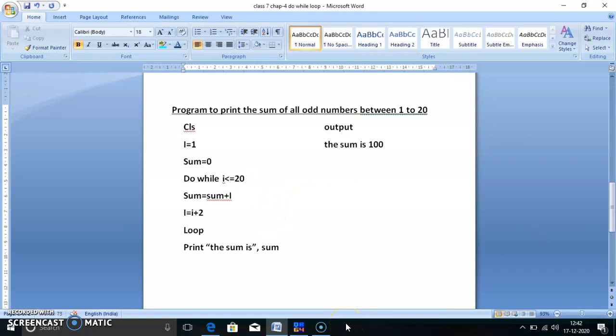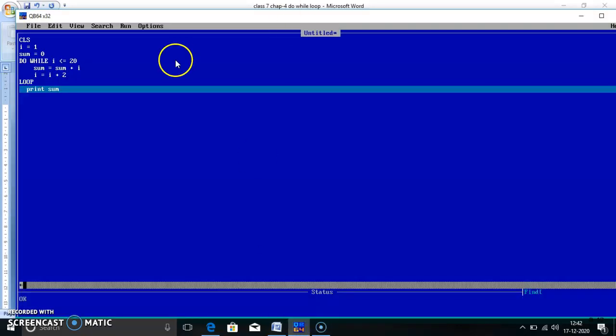So let's start QBasic. Okay. So first of all, see, I have typed here already some questions. So see, CLS, I equals to 1, sum equals to 0, do while I less than equals to 20, sum equals to sum plus I, I equals to I plus 2, print sum, write full, the sum is sum.